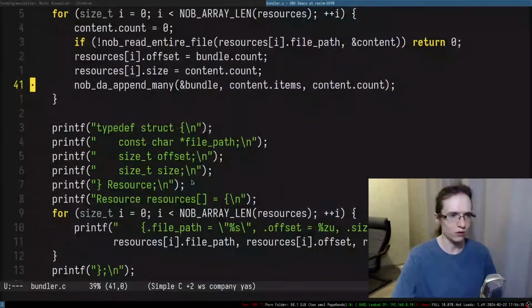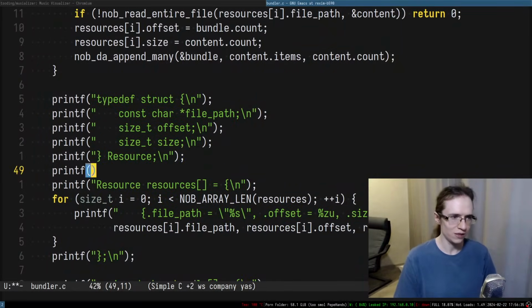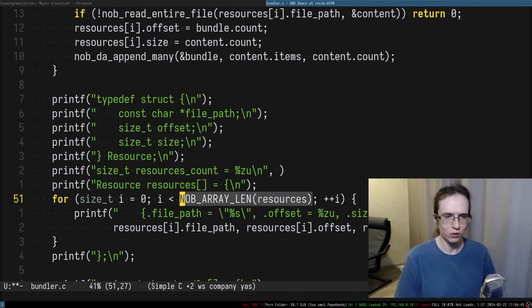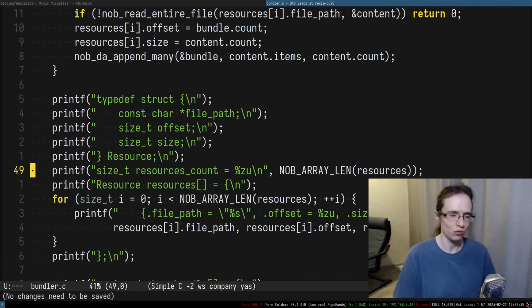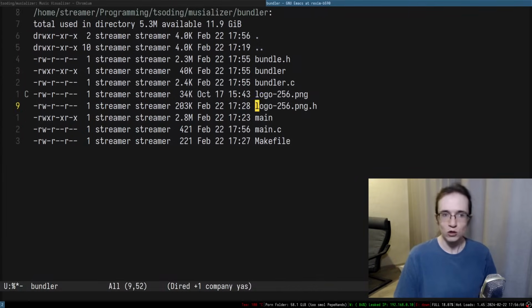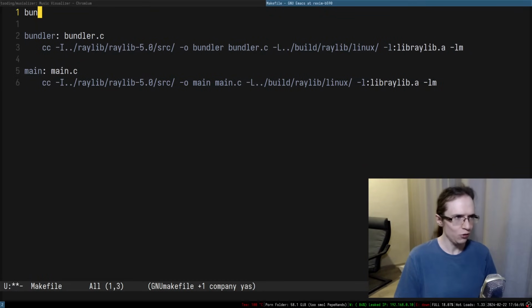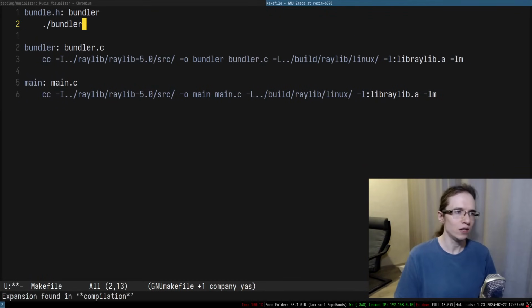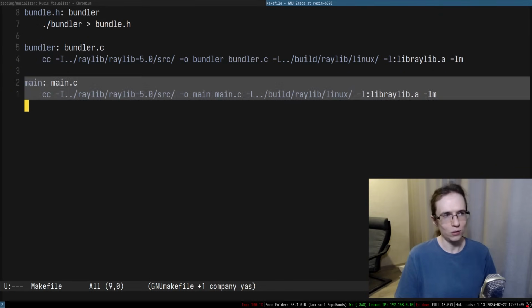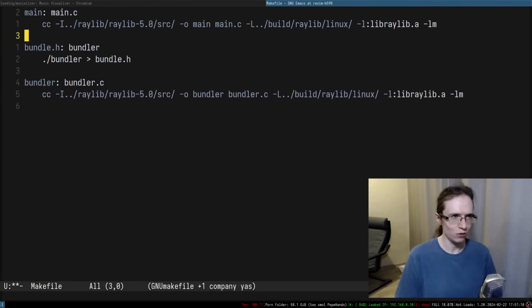So essentially you have resources, and on top of that you can actually have resources count. Size t, resources count is going to be ZU, and what we do in here, we just include this thing in here. I think it's going to be very useful. So let's actually include building of this thing into the main file. Essentially, if you want to create a bundle.h, you first have to build a bundler, and then you have to run the bundler, and you have to redirect its output into this file, and this is how we create that. And now we can say that the main program depends not only on main.c but also on the bundle.h,